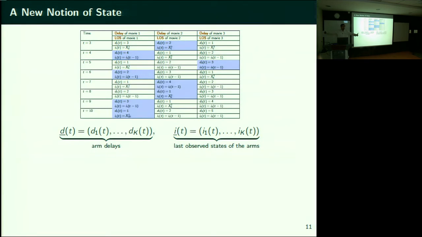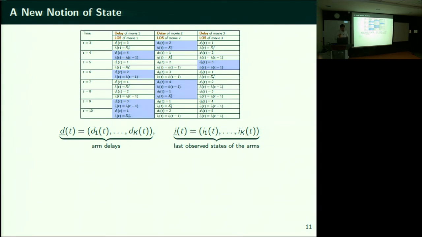My multi-arm bandit, all the movies that I showed you, can be compactly summarized in this particular vector of delays and last observed states. This in some sense captures in what state your system is, according to you. As per the latest information available to you, as per whatever you have observed until now, what is the compact representation of the system for you? In what state is each movie? How far back in time had you observed each movie? This is the information that you want to take a decision next.